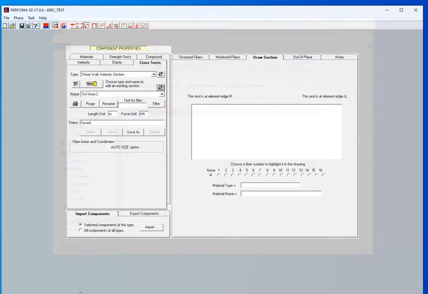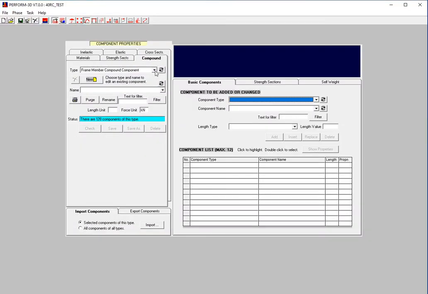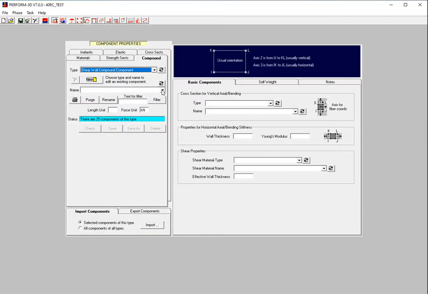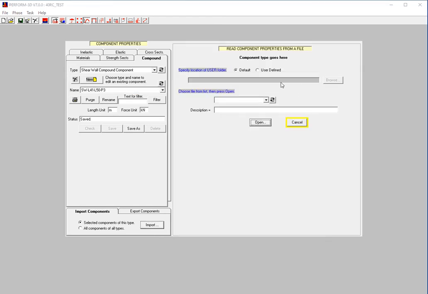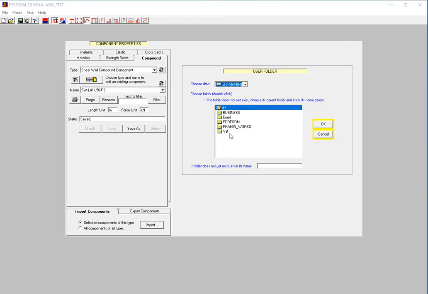It's time to assign the compound for shear wall after we convert. In this model again, they have the original one here. This is the parameter that you provided for the original model. Now it's time to import the new one. Input file.